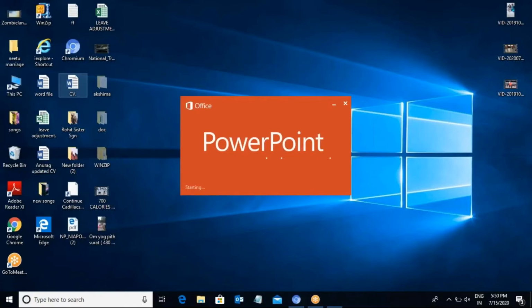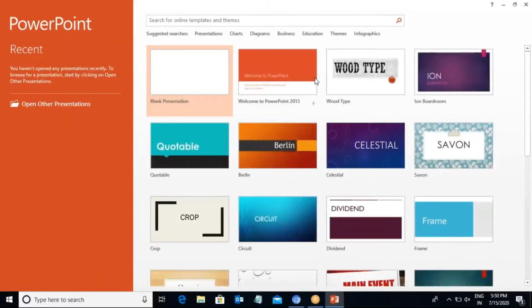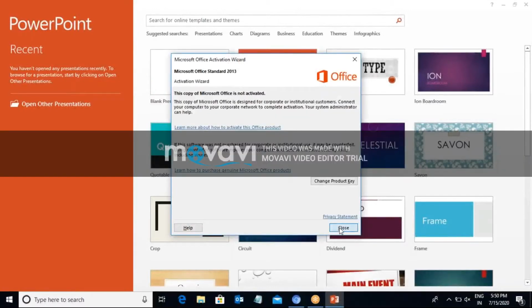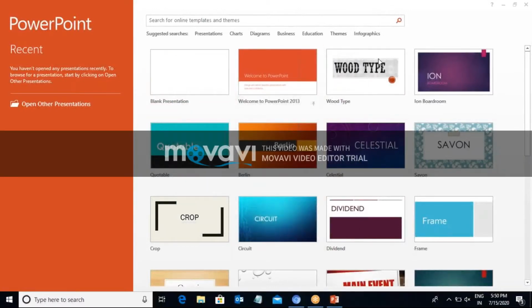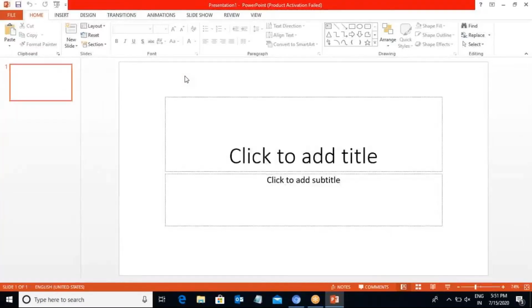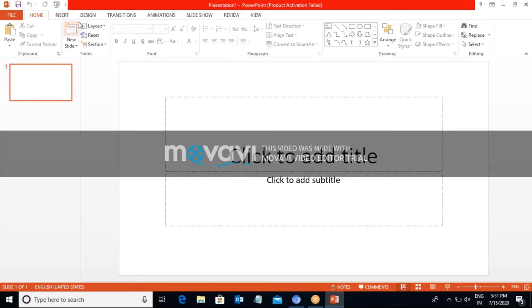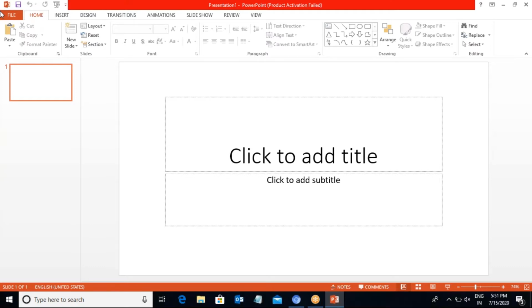Then the screen will open and a number of options will be shown. We click on a blank presentation, double-click the blank presentation, and then your screen will open. You will see a number of menus in front of you in PowerPoint: File, Home, Insert, Design, Transitions, Animation, Slideshow, Review, and View.